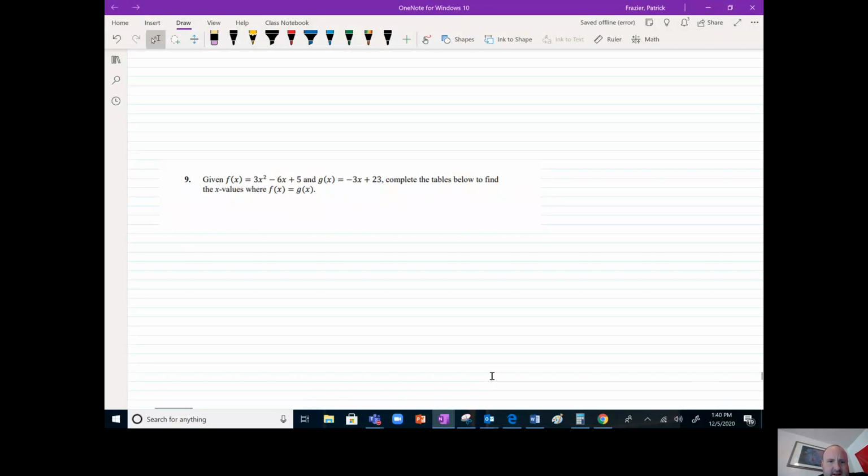Get started on problem 9 on the review for the final. We have f of x equals 3x squared minus 6x plus 5 and g of x equals negative 3x plus 23. And we're asked to complete a set of tables to find the x values where f of x equals g of x, which is a clue that there's an easier way to solve this algebraically. We're just finding the solution where this quadratic